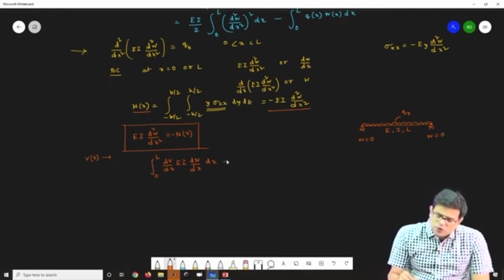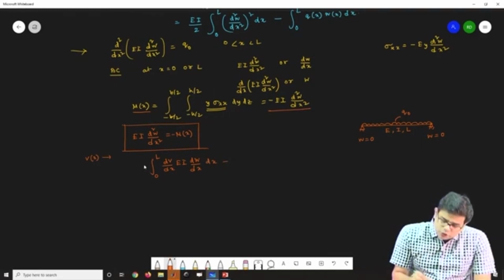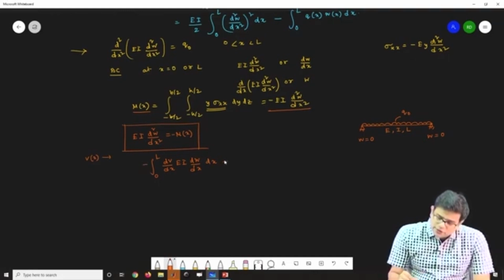So now this forcing term we can write this. If I put minus here, then this forcing term is my plus. So integral 0 to L, if I know the moment expression, then this is my weak form or the forcing term,